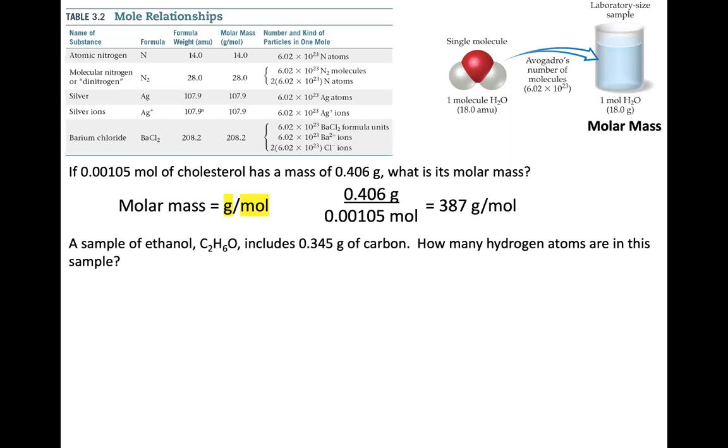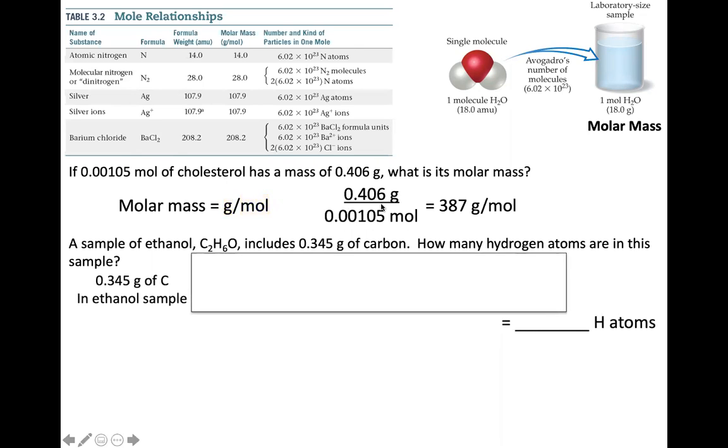Many, many times we have questions where that's the point. You got 2 out of 3 things, solve for the missing one. This question, what is the molar mass? Once you write the definition of molar mass, I think it becomes apparent that you have 2 out of 3 and you can solve for the missing one.